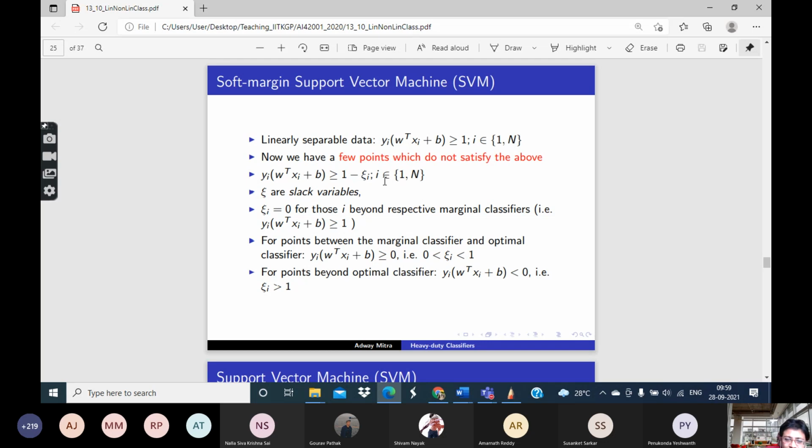That is, for every data point, I define some variable known as xi_i, which I call the slack variables. Now, what are these xi's? These xi's are variables whose values will be set opportunistically as and when the need arises. So, if there is a point which is